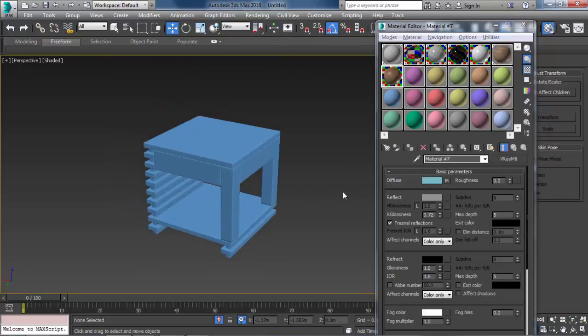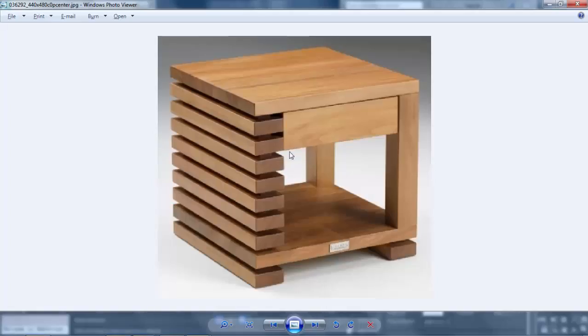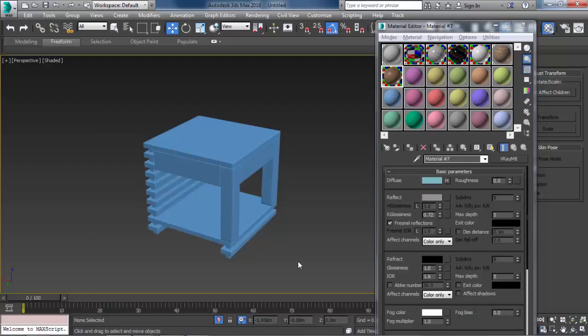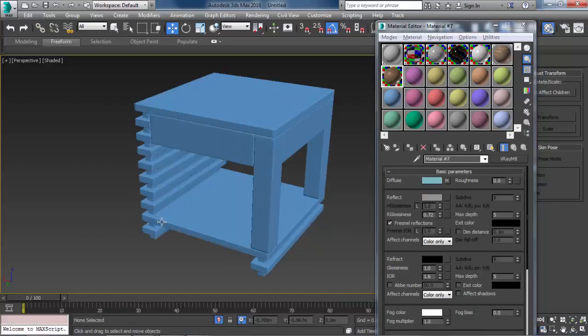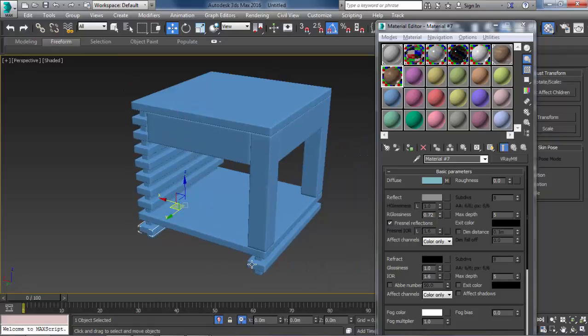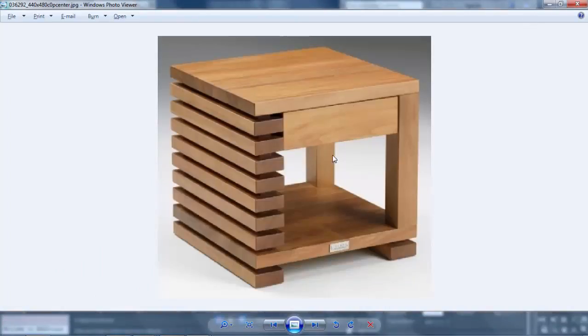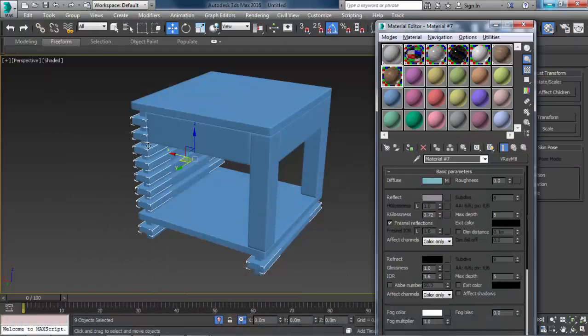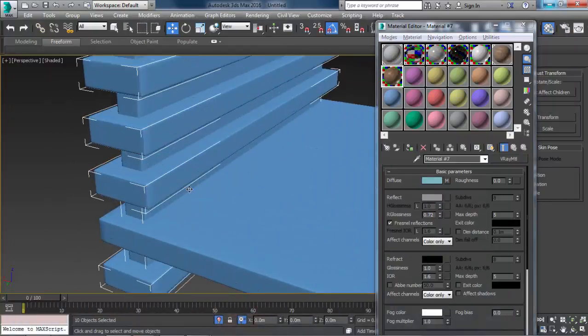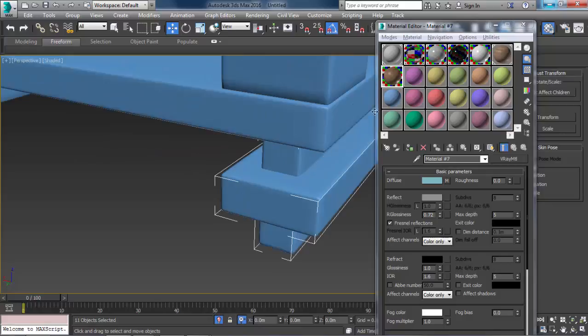So this is the first material. We will apply the darker wood to those, and also the inner piece of wood. We just apply it.